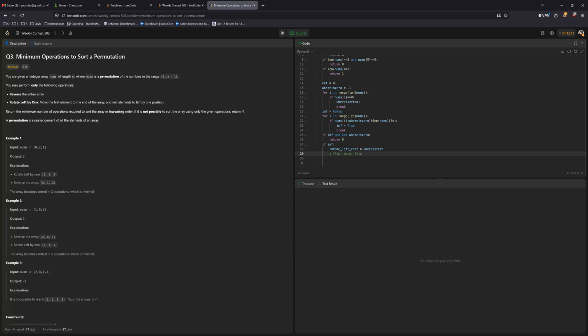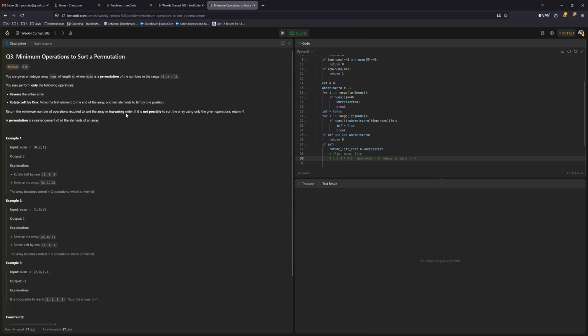Once it's done. So yeah, what is that going to look like? So it'd be like 1, no, it would be 1, yes, 1, 2, 3, 4, 0, right? And so length of nums is going to be equal to 5, right? And then nums, where is 0 is going to be equal to 4. And so what we're going to do is we're going to,